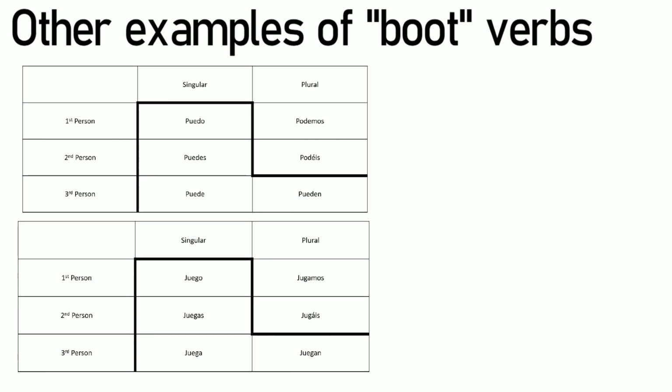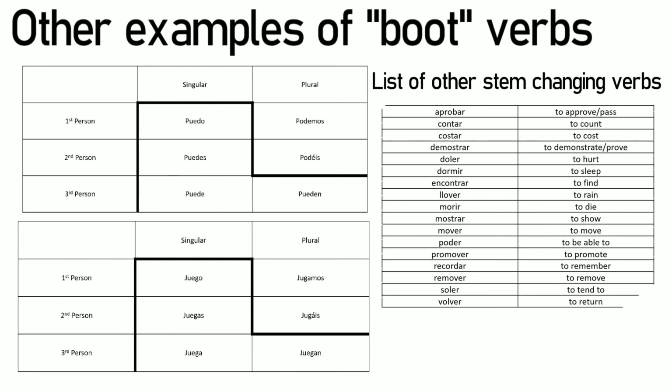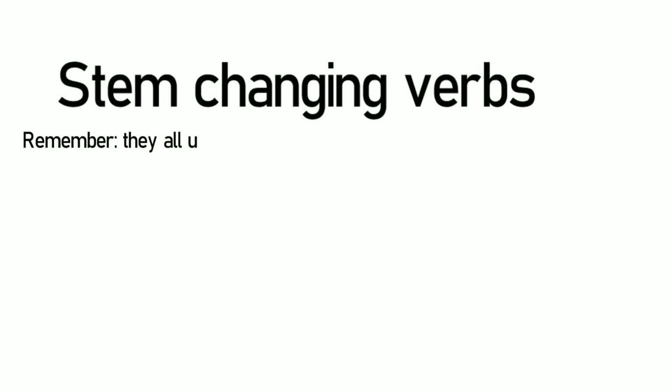Unfortunately for learners of Spanish, these aren't the only stem changing verbs, although they are some of the most regular. I've left a list of the ones that I think are most useful, especially for around GCSE level Spanish, so make a note of those, but realistically, the easiest way to learn these is to practice more and to just hear and experience Spanish. So remember, they all use regular endings, the stem only changes for I, you, he, she, and they form of the verb,